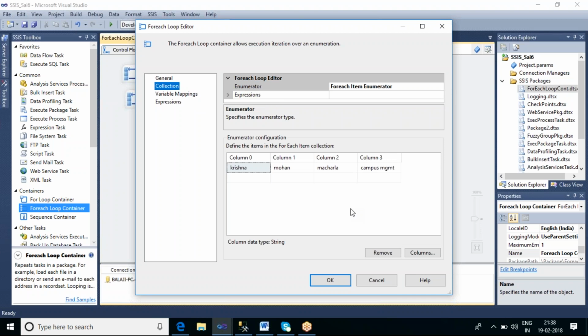But when we use this in real time, hard coding values is nothing. No one will do hard coded values and loop through the items. Okay, but how is this going to be useful for us? How the hard coded items are going to be useful for us is, so let us say one of the requirement is